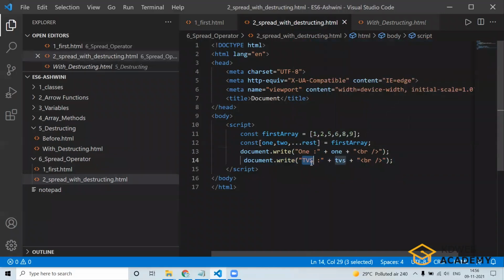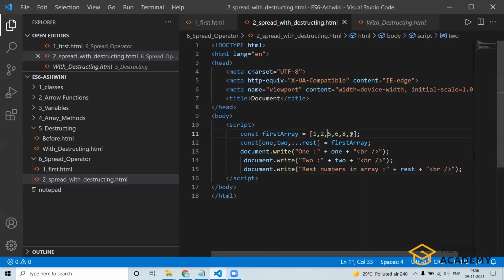Then we have two. Copy this and print this. We are done with the breaks, and for the rest of the numbers in the array, I will mention the whole thing so that you can understand. So rest, when I print it,